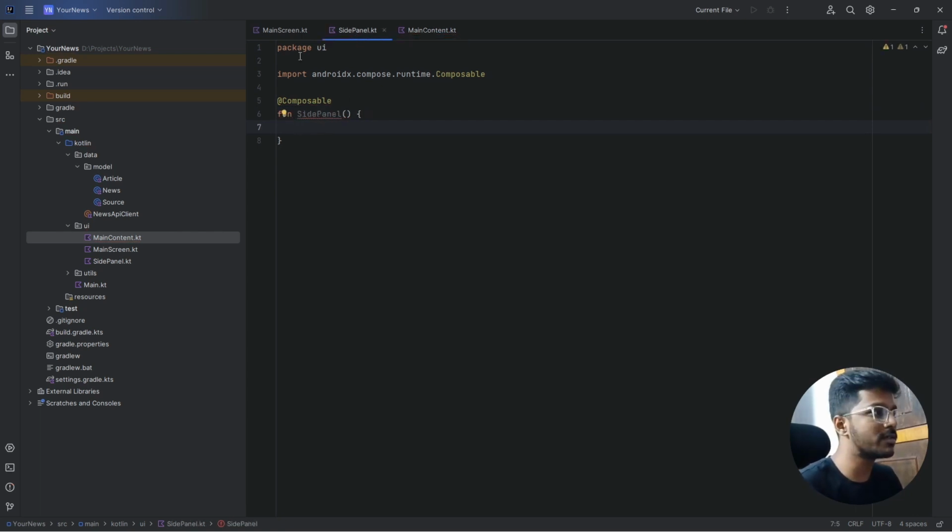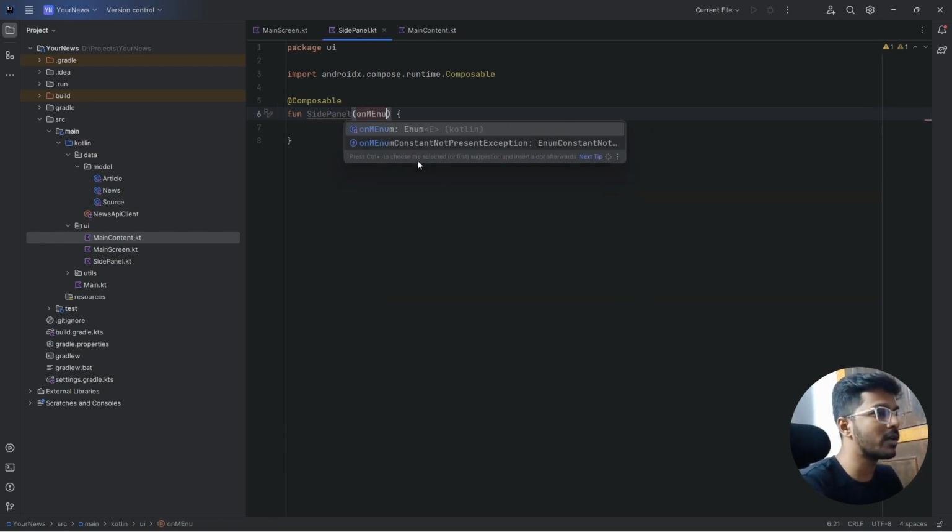Now let us first create the side panel. Now the side panel, if you recall, has majorly two operations. One is to check if a certain button, that is headlines in our scenario, is clicked or not. The second operation that is performed over there is to add the search text. For both the scenarios, we are going to add a callback lambda function. Okay, so we are just going to say on menu